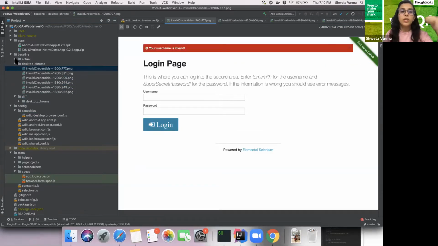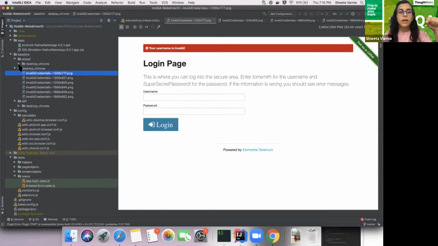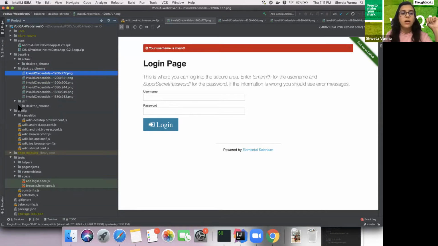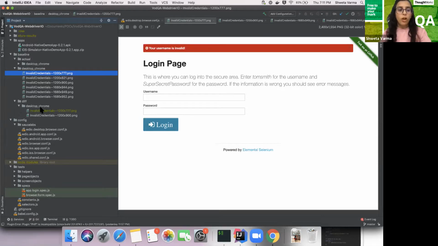And then I have defined the path in my service, the image comparison attributes options I have. During execution, whatever it captures, it will save here in the actual folder inside the same desktop Chrome. In case my images are not matching with the ones I have provided, it will fail the execution, because we are expecting them to be exactly the same.